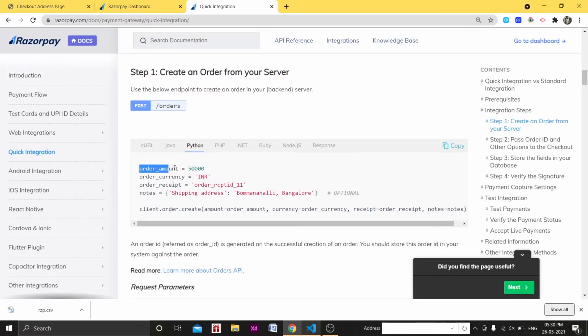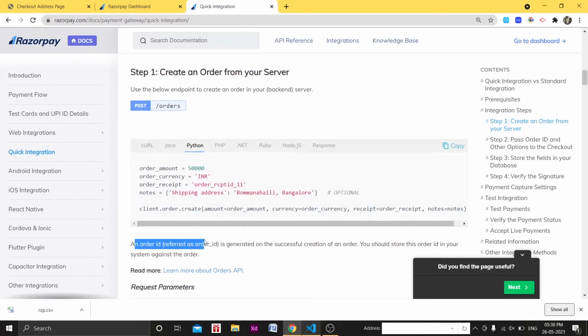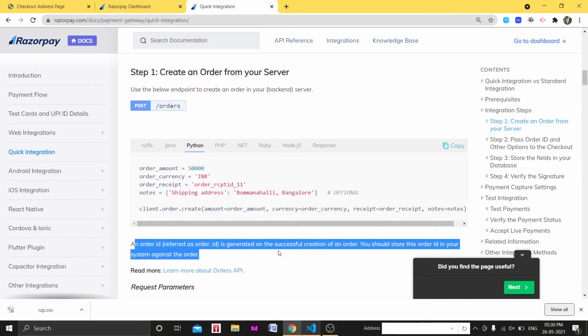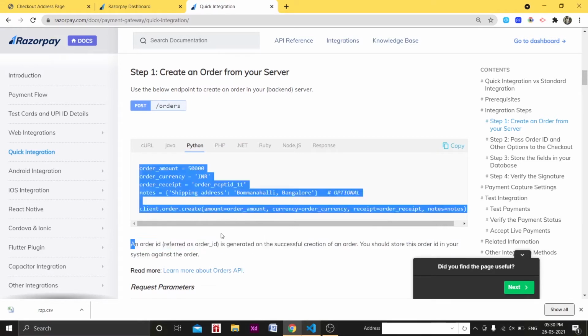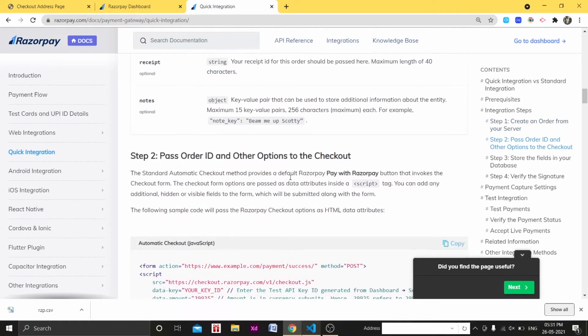We will have the order amount, which is the amount of the user's order, then the currency, then the order receipt, then notes. We will just write client.order.create and the order will be created. The order ID is generated on the successful creation of an order. You should store this order ID in your system against the order. The parameters are there, we will see this.